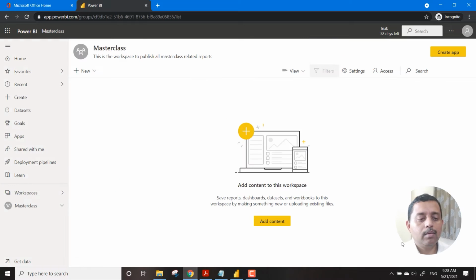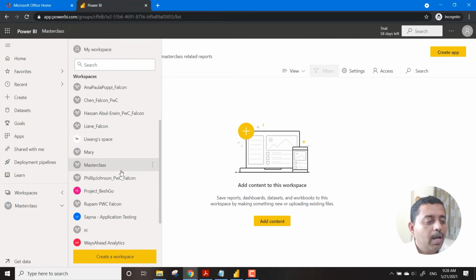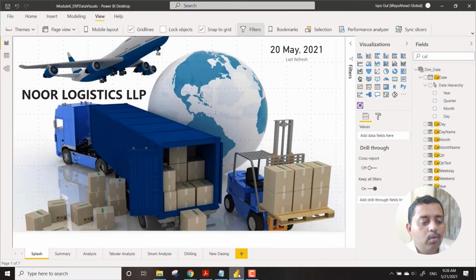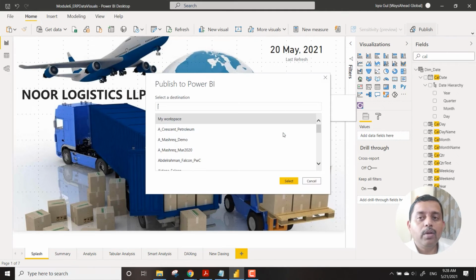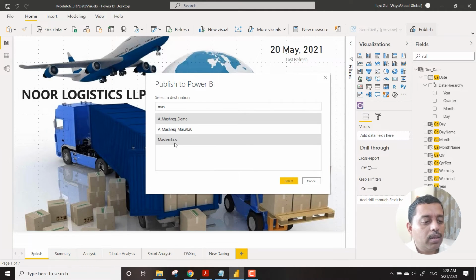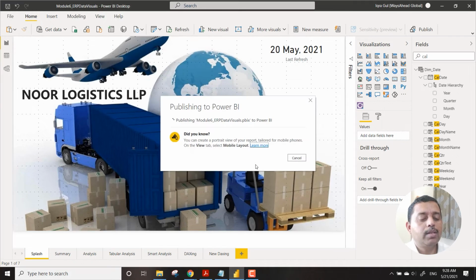So there is a workspace, and you can see there are many workspaces over here, and the masterclass one is created. Now we go to home and say we need to publish this. When you say publish, you should see the masterclass somewhere, or you can search also. You can see masterclass is here, and then you click on the option called select.